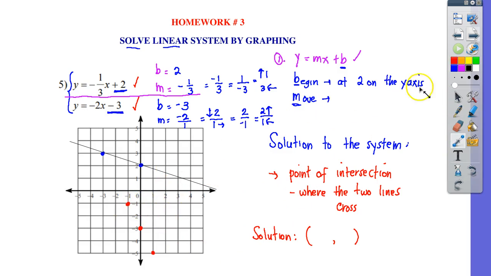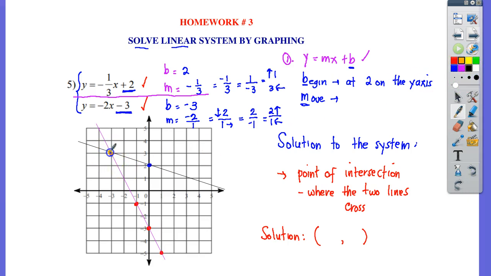Let's connect those points. Let me use a different line color, this one. So right there. Remember, you don't stop here because if you stop here, then you won't see the intersection. Because remember, the solution is where the two lines cross. If you stop right here, then you won't see the point of intersection. That's why you have to extend your line using your ruler. You just extend it over here and you can see that, oh,